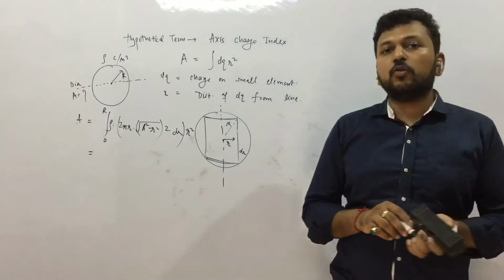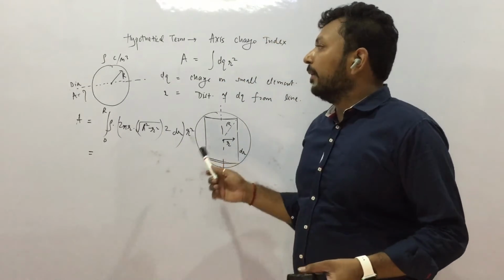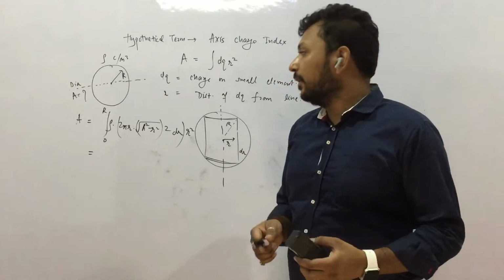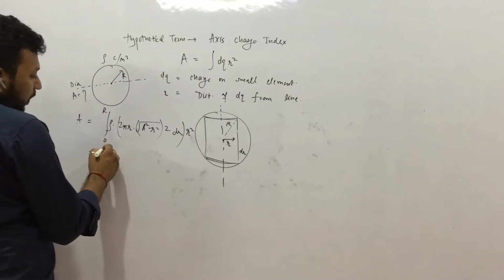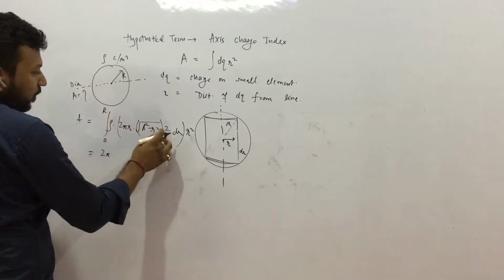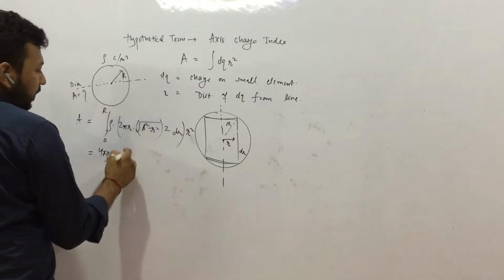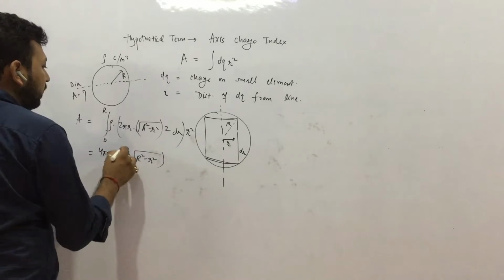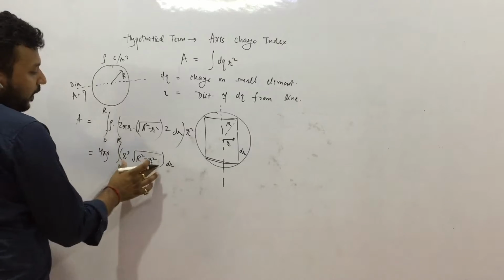It was not a difficult question, but yes, something new had to be thought about: that in a sphere the element is a cylinder. This is the new thing that we have to think. So 4 pi rho goes outside, as it is constant, and it becomes r cube under root R square minus r square into dr, from 0 to R. How to integrate this?